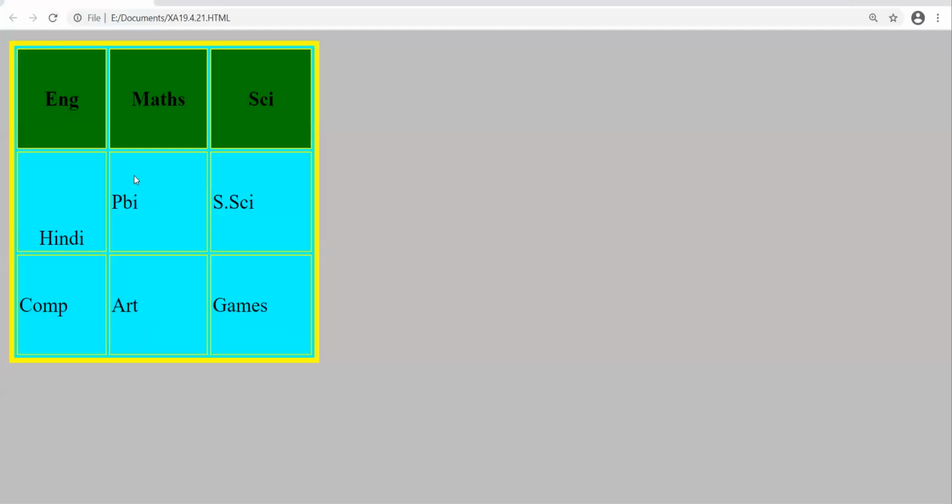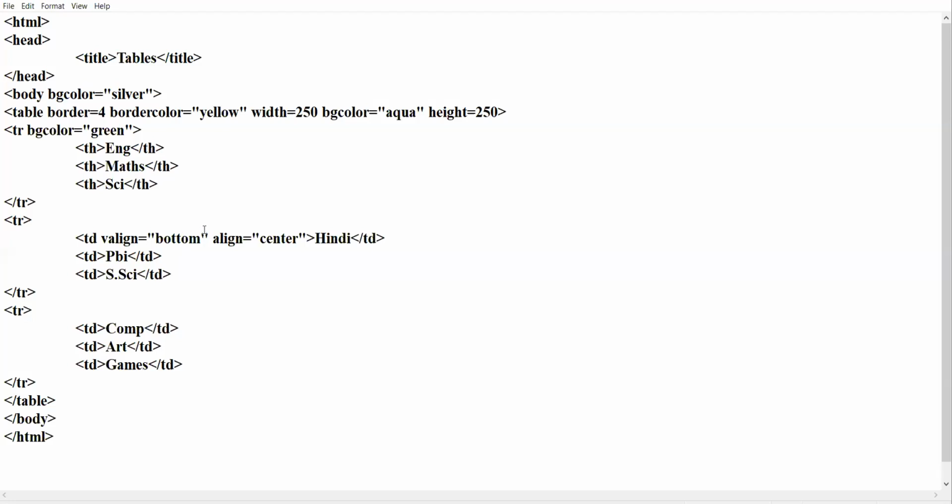See, vertically it is at the bottom of the cell. Horizontally it is in the center. Okay. Horizontally it is in the center. Vertically it is at the top.